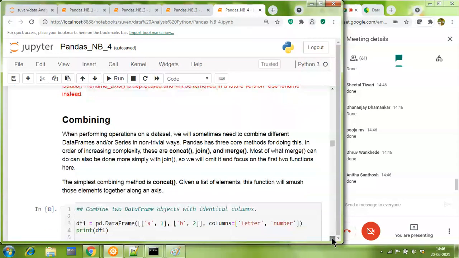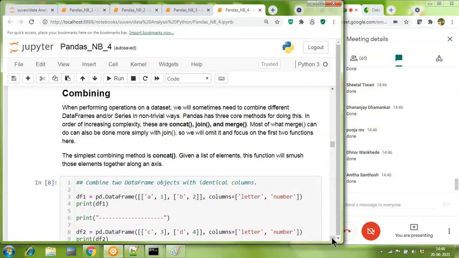Great. Now we're coming into a super important topic called combining. Let the best be kept for the last. So this is the best topic for the last, called combining. Friends, there are many times that you have to combine two or more data frames because all data does not come to you in one single data frame.